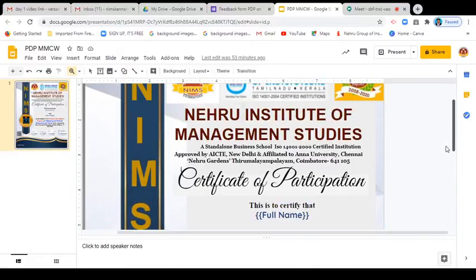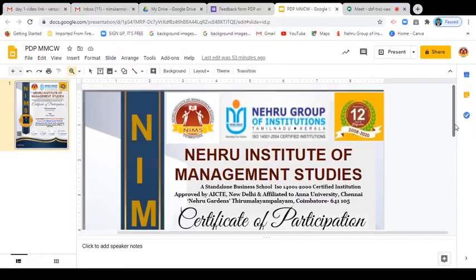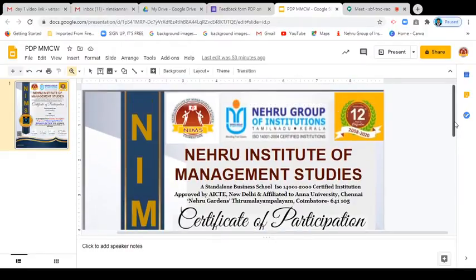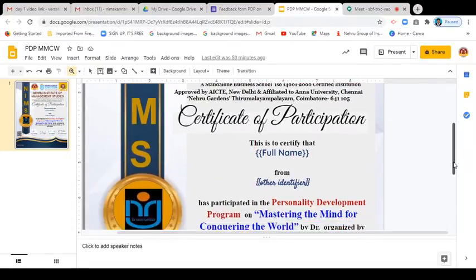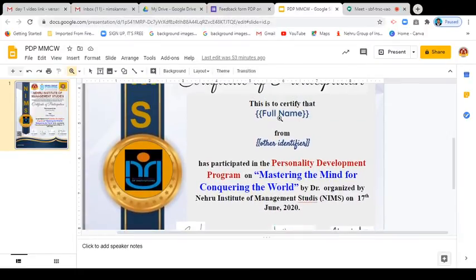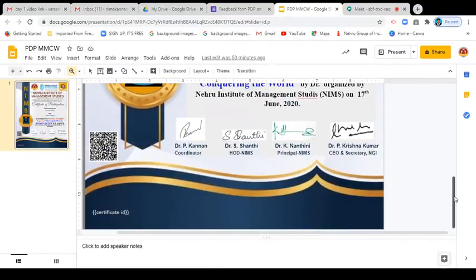Here I downloaded the background from a Google search. I have to prepare it based on what we discussed on day 1 and day 2. Here I have to use some tags within the brackets. So these are the merge tags for Certify-EM. I will tell you about that.